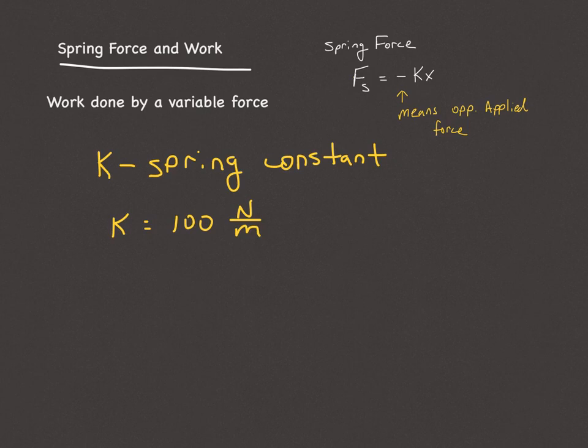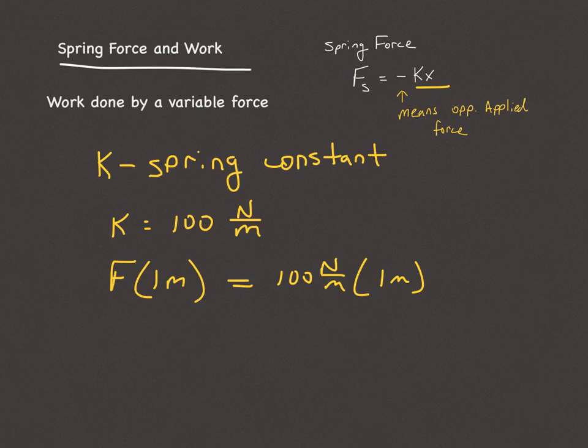So by using the spring force equation, if I said I had a force and I wanted to stretch it 1 meter, this is a notation, okay? Did you ever see in math where they say f of x, f as a function of x? So I'm just using that notation and putting a value in, basically stating it's my given. So don't get overly excited about that. Okay, so if I plug in 1 meter, I would have a K value of 100 newtons per meter, and then multiply that by 1 meter